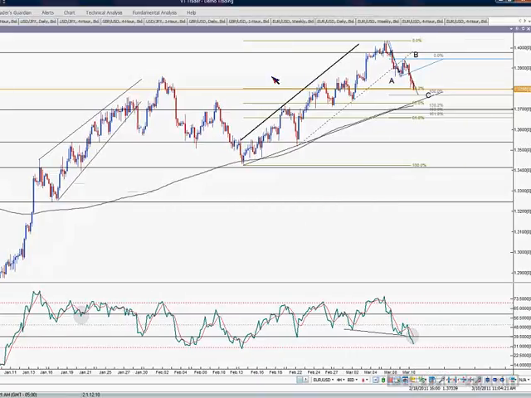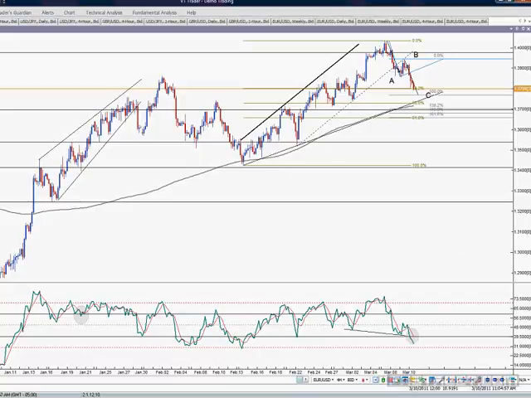Here in the 4-hour time frame, we see that we have had this rally, and now we have a very strong correction. You see the RSI here stayed above 40, hit 70, but now it's breaking below 40, showing us that the bullish momentum is weakening. It hasn't shown us a bearish momentum yet. If the RSI breaks below 30, that would be a bearish momentum breakout, but that hasn't happened yet. So we are pretty much in a correction, still within the context of a rising market.